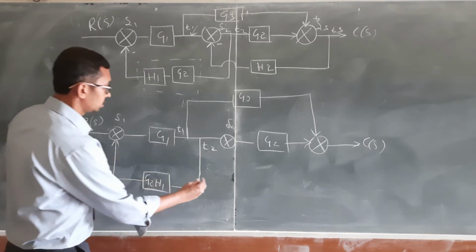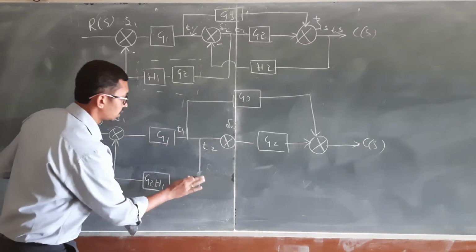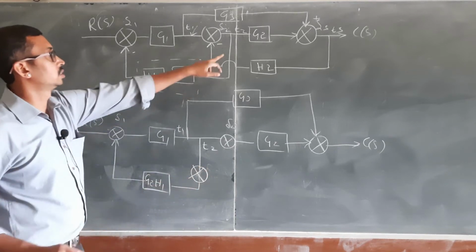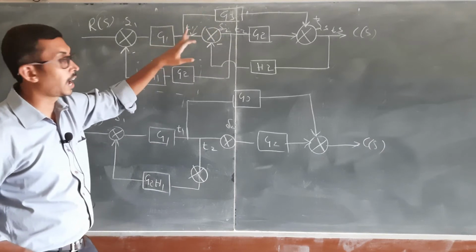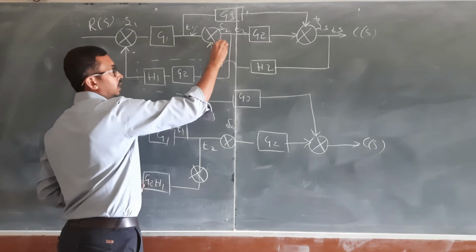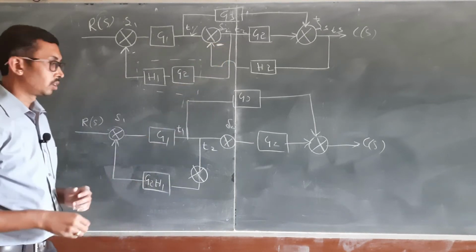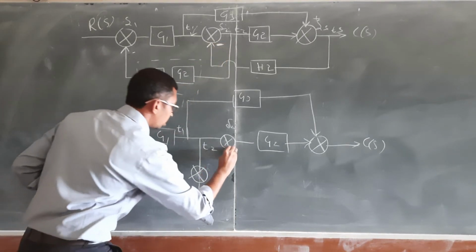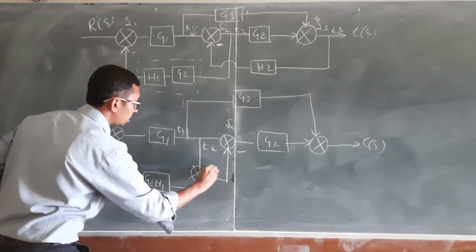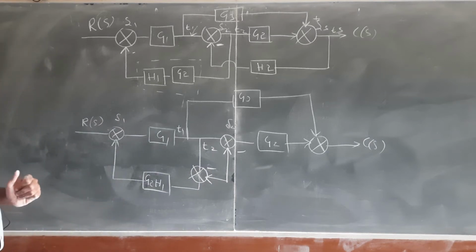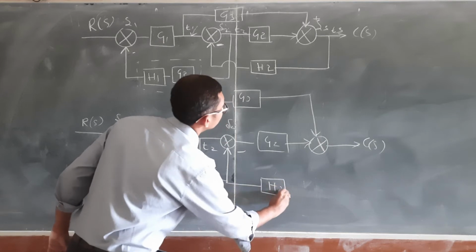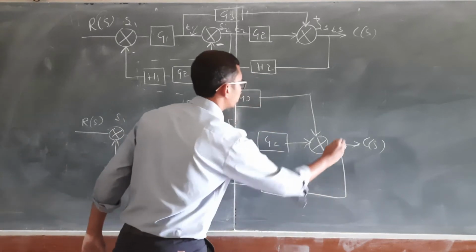So what am I doing? I am applying the critical rules. As per the critical rules, I need to add a summing point to this feedback signal. The signal I am getting is minus. Here also I am going to take the signal from here with a symbol of minus only. So here it will be H2 and back to the takeoff point.